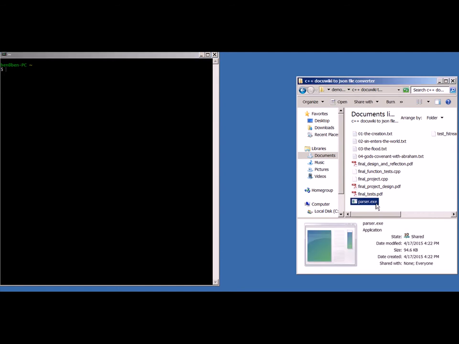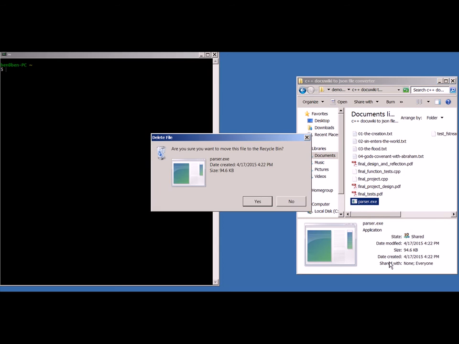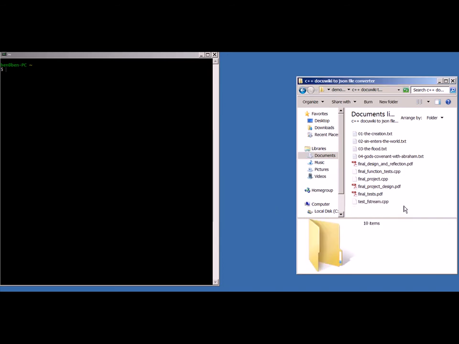Well, let's delete this so that we can show you again how I'm doing this. I have a Cygwin terminal pulled up on my PC, and I have a project here, a final project for a C++ course, an introductory course that was using C++